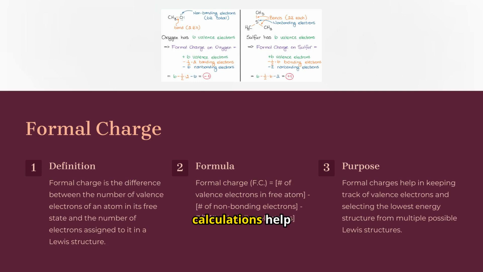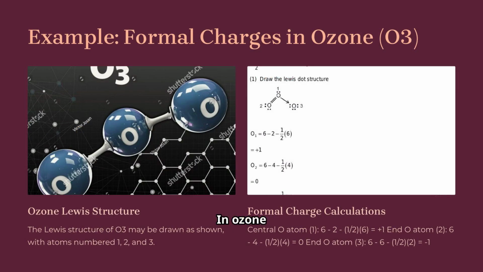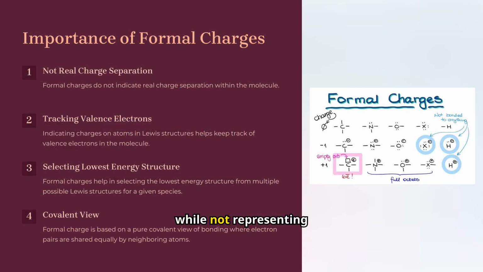Formal charge calculations help identify the most stable Lewis structure by comparing valence electrons in atoms with their hypothetical free state electron configuration. In ozone, O3, calculating formal charges helps determine the molecule's most stable structure, highlighting differences between central and end oxygen atoms to ensure charge balance. Formal charges, while not representing real charge separation, aid in understanding electron distribution, ensuring the selection of the lowest energy